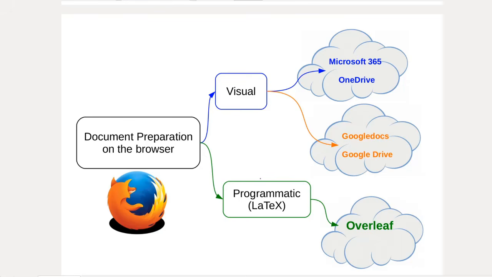My own favorite would be the programmatic way of preparing a document, mainly because it gives you a lot of control on how the information will be rendered, and many features such as automatically listing the contents, the list of figures, list of tables, numbering of equations, and then the references at the end of the document sorted in a particular manner. All of these are quite easily done in a LaTeX programming environment, which is for document preparation,